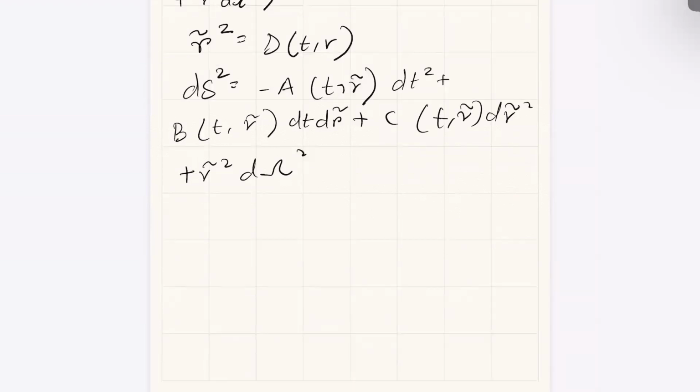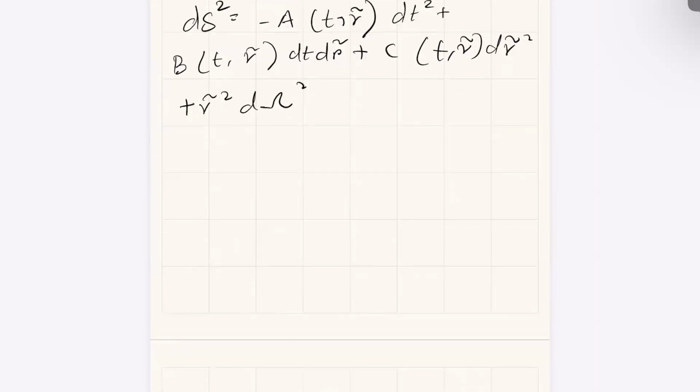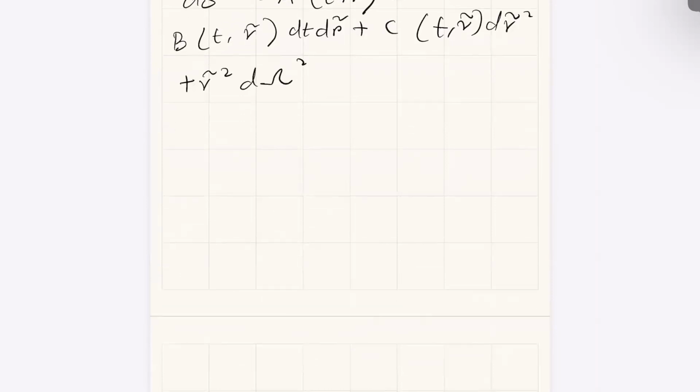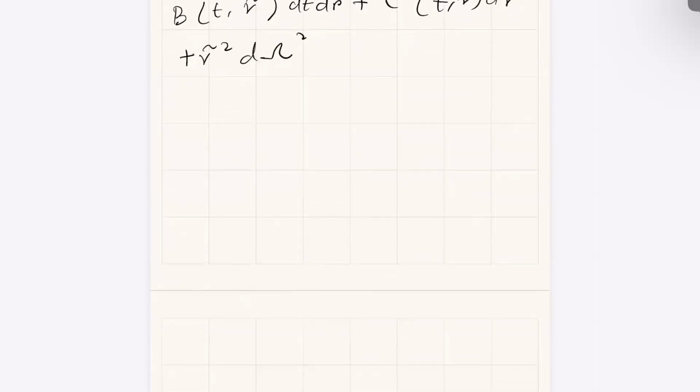Okay, so now this is what I have. And now what I want to do is I want to again sort of make a change of coordinates. And why am I doing all this? Just to make my line element simpler, which I can do algebraically, right? So in that case, I want to introduce a new time-like coordinate, let's call this t tilde. And this will be defined by the relationship